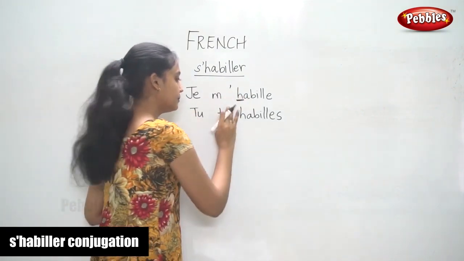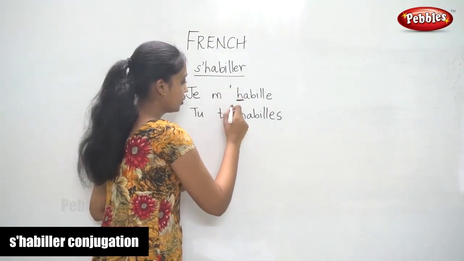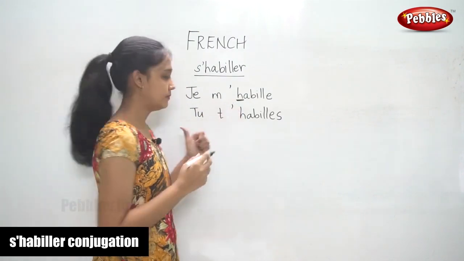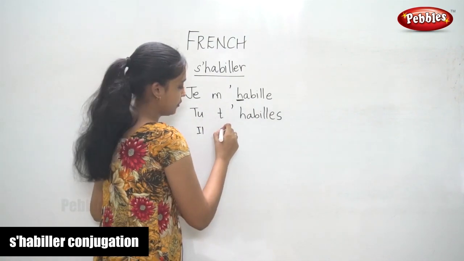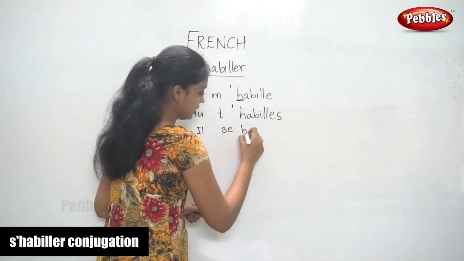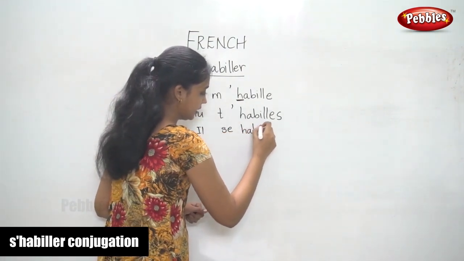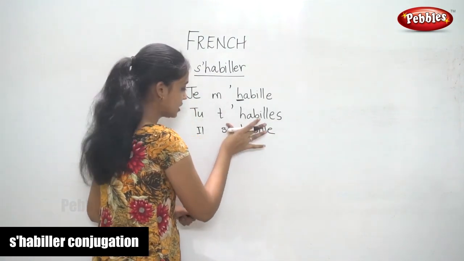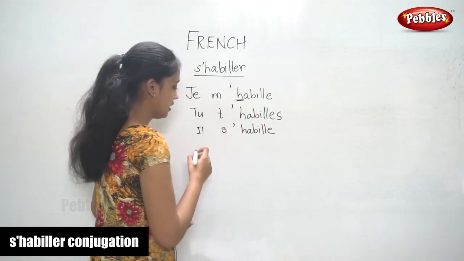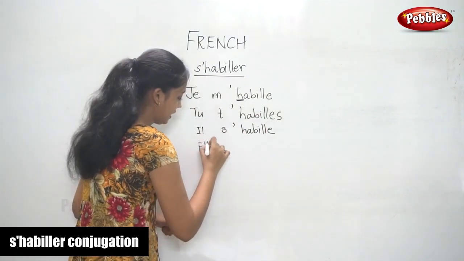Je m'habille, tu t'habilles, and il, for il it is s'habille. Here again we have the vowel clash, so, and for elle also,